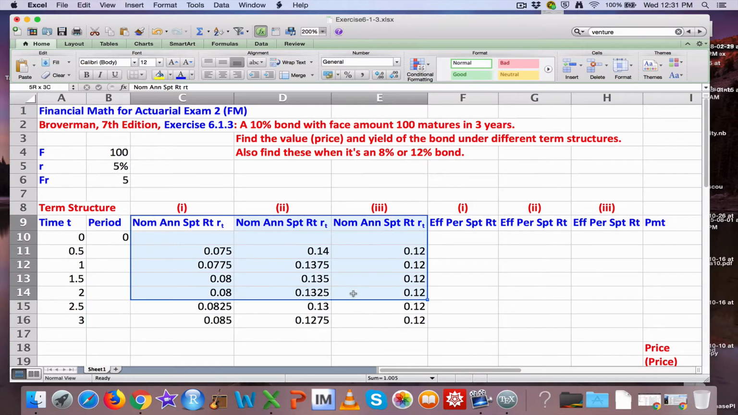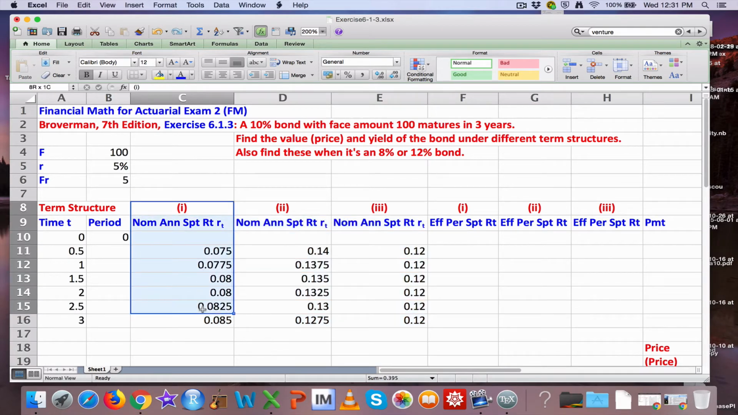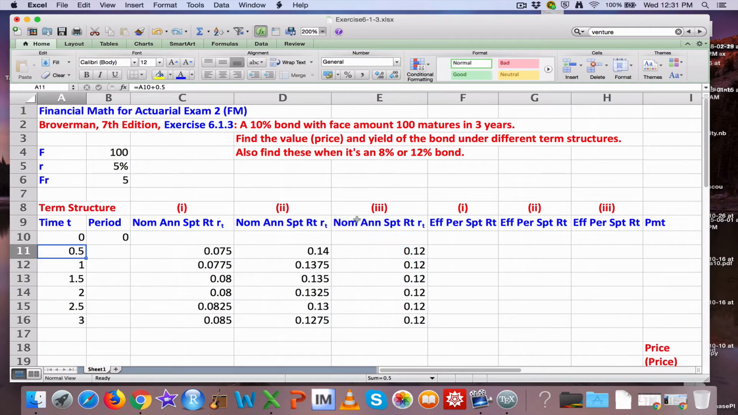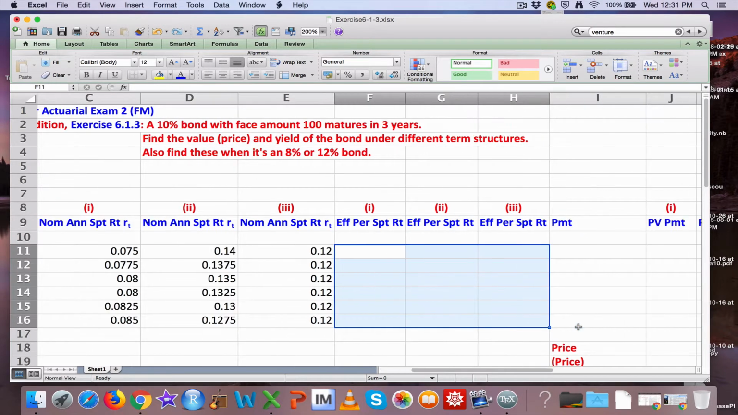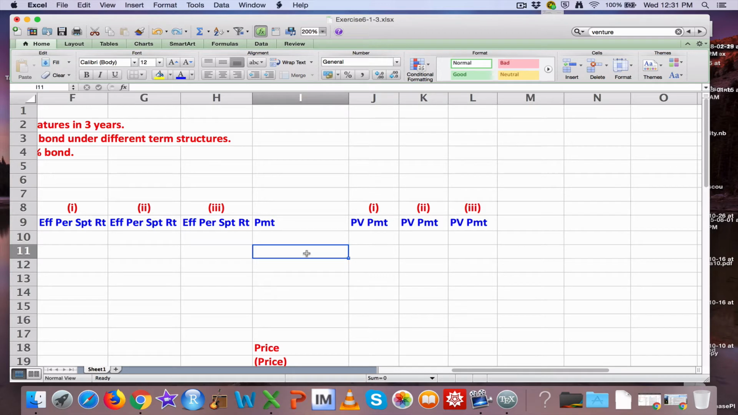I'm going to take these nominal annual spot rates for the 3 different term structures that you see there, and because our periods are half years, I'm going to convert them to effective periodic spot rates, effective semi-annual spot rates, by dividing them by 2. Those are the numbers that are going to go over here. I'll put the payments to you, the bondholder, in this column. This would be then, for the first case of 5% semi-annual coupons, 5, 5, 5, 5, 5, and then 105